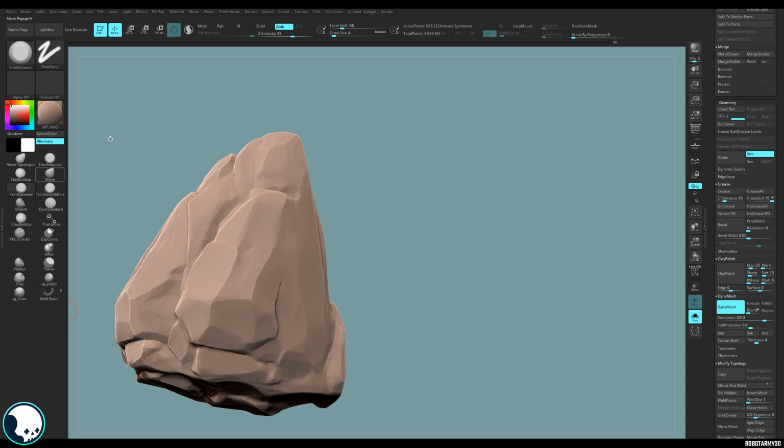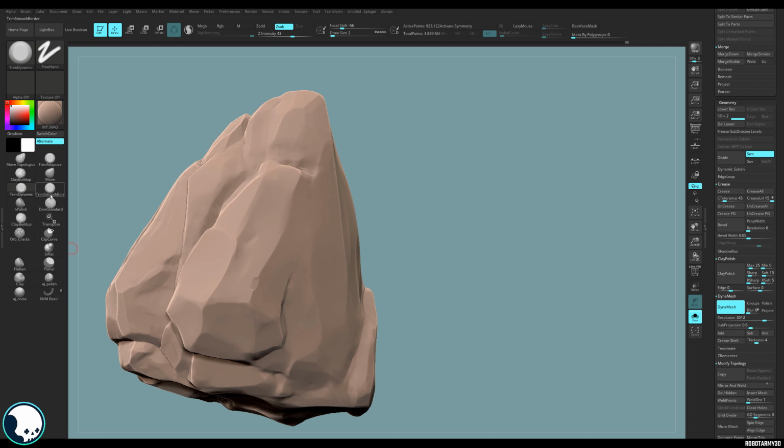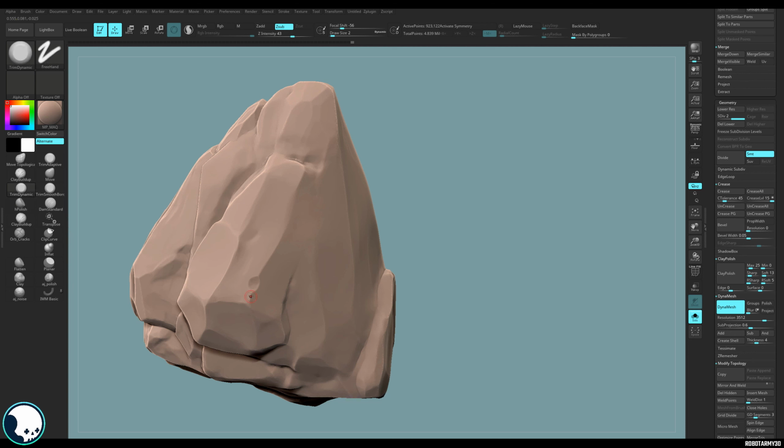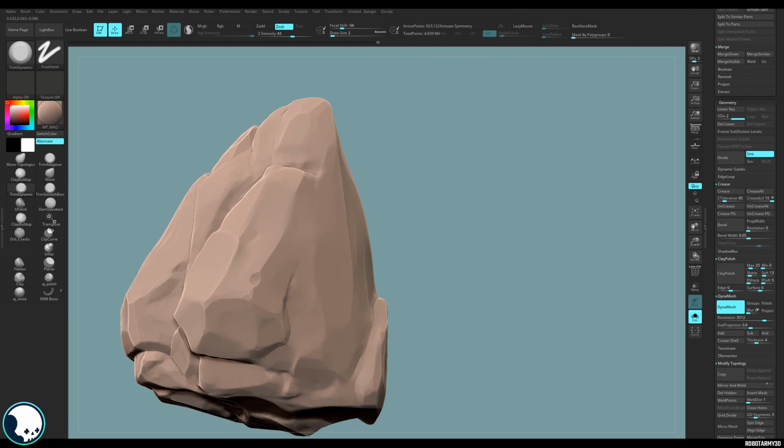And then go over this with trim dynamic, and I might add some areas where it's been chipped, so I can begin the chip like that, jump to H polish and just round that out a little bit, just tapping on it to make that a nice chip-like shape. And again just go with the trim dynamic around these corners and getting that look that you may have seen on a lot of sculpted rocks, especially stylized stuff. That just creates this nice